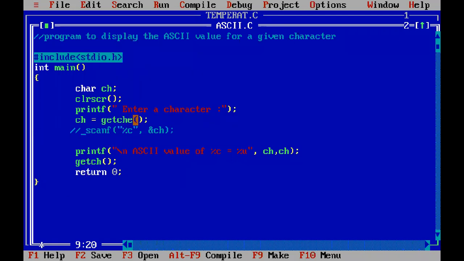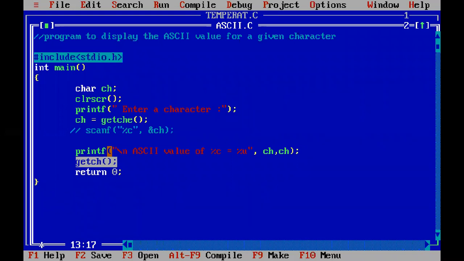Why do we have an e at the end? When we check the result on the output screen, at the end we press one key. Why do we press one key? That is actually needed for the getch function, because getch wants the user to press a key at the end so that we can exit the output screen and come back to the editor screen. But when you press the key in case of getch, the result will not be shown to you.